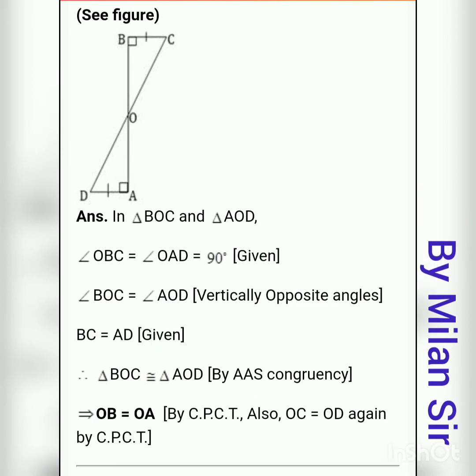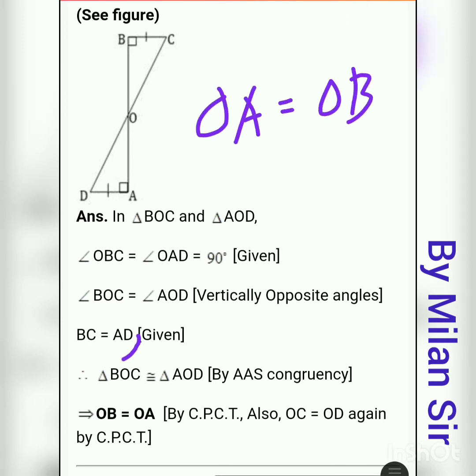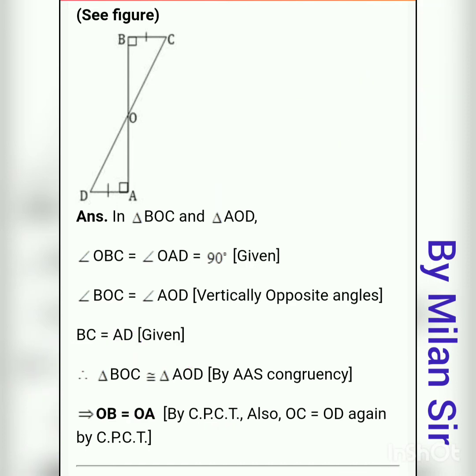Okay, now what we need to prove? We need to prove OA is equal to OB, right? So here just see, O and B first second position, O and A first second position. So OA is equal to OB and reason is CPCT. Okay, OB is equal to OA, reason is CPCT. So right now, hence proved, because we need to prove this OA is equal to OB and that we get from here. So here this question is over.